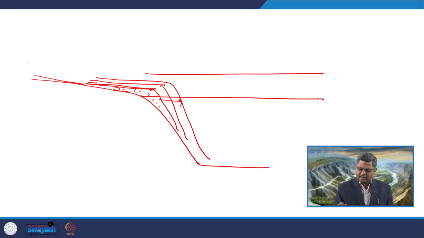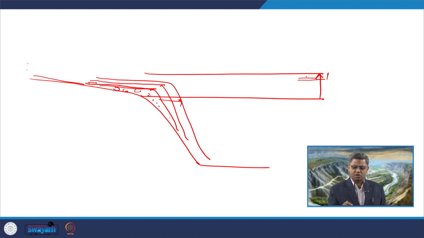As we go up in this direction and reach somewhere near this position, the rate of rise is now going on at a very high rate, and maybe it is very close to the rate of sedimentation. Though the rate of sedimentation is still high, the rate of base level change is also very high.